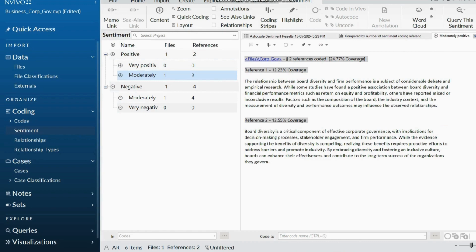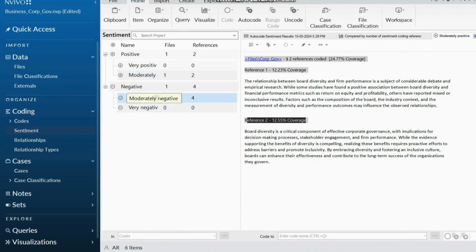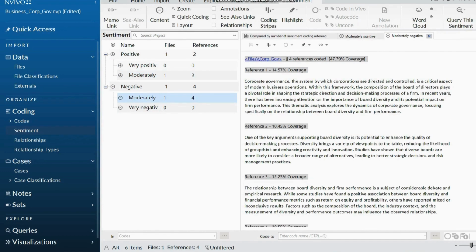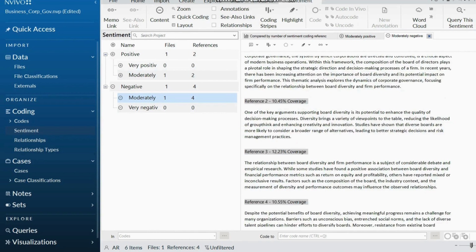Now this is the reference percentage of coverage for every very positive, moderately positive, moderately negative or very negative sentiment. You can right-click and click Open Sentiment, then this page of output will be displayed.